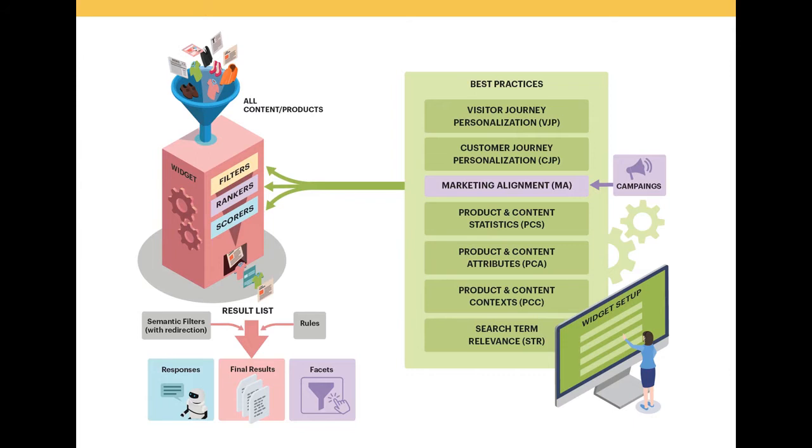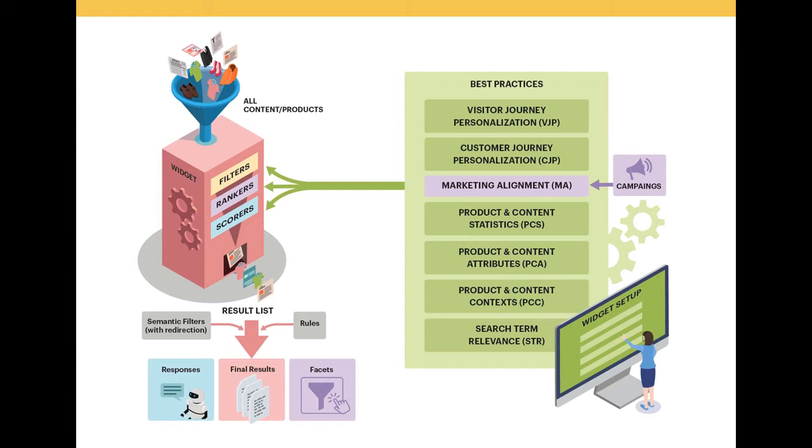And finally, we have the search term relevance, which leverages what the user has searched for, either in your website or in Google and other search engines to come to your website, and uses that type of context that we call the search term relevance in order to affect the results that are recommended. And so all of these best practices can be configured, so you can create your tailored widget logic with filters, rankers, and scorers from all of these different types of best practices. And then when you're done, the system is able to generate a result list. Now this result list will be